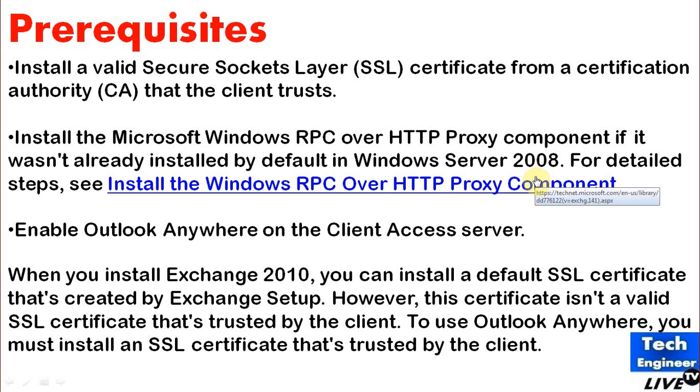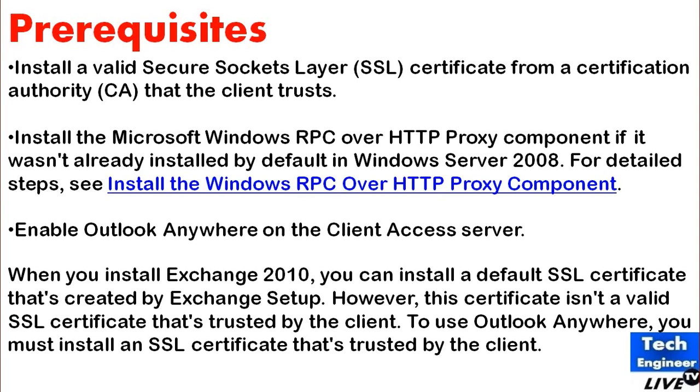In this tutorial I'm going to discuss configuring Outlook Anywhere. So, configuration of Outlook Anywhere in Exchange Server 2010, how to do that. Before that, let's discuss a little bit of prerequisites for that. The prerequisites are, first of all, we need to install a valid Secure Socket Layer (SSL) certificate from a certification